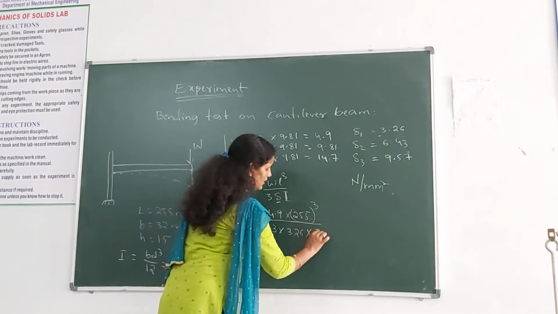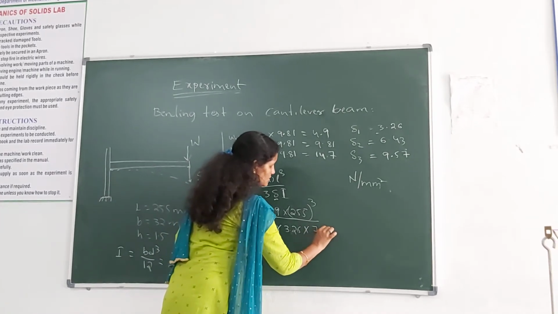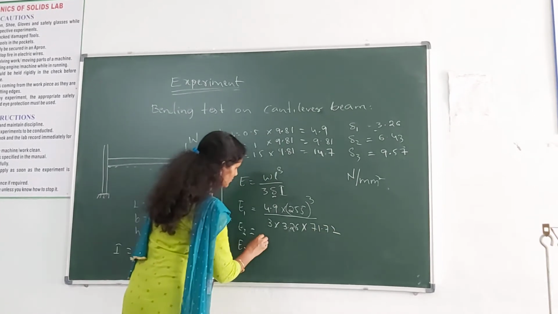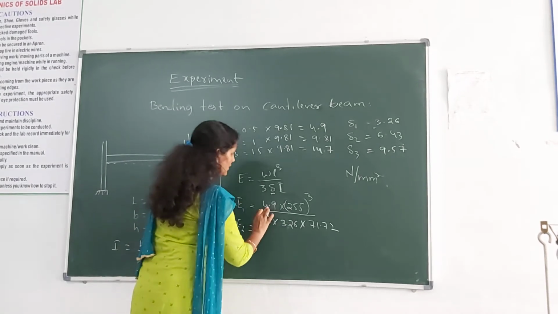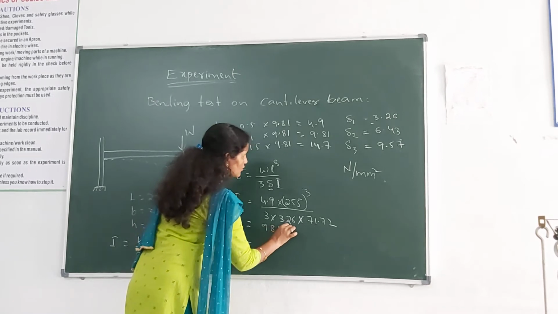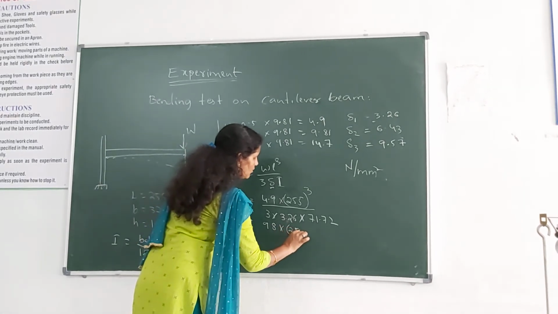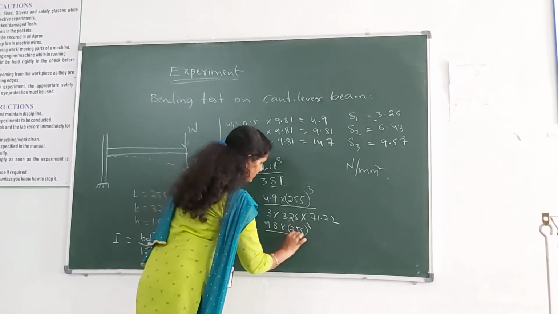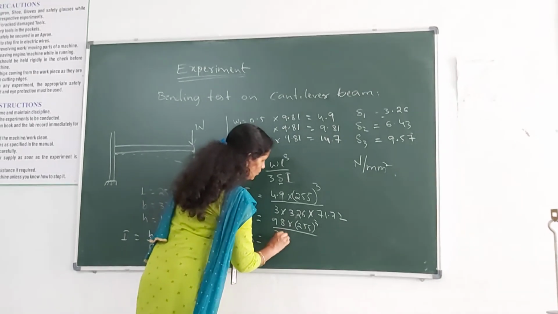So we have to take 71.7, and as it is we take the second weight, 9.81 into 255 whole cube divided by 3 into what is the second